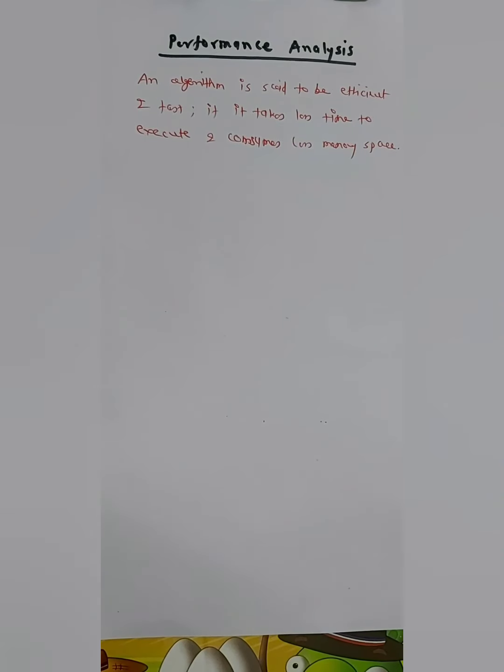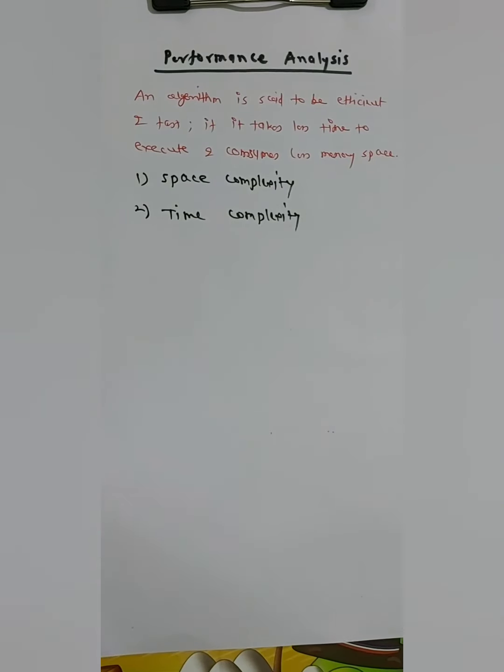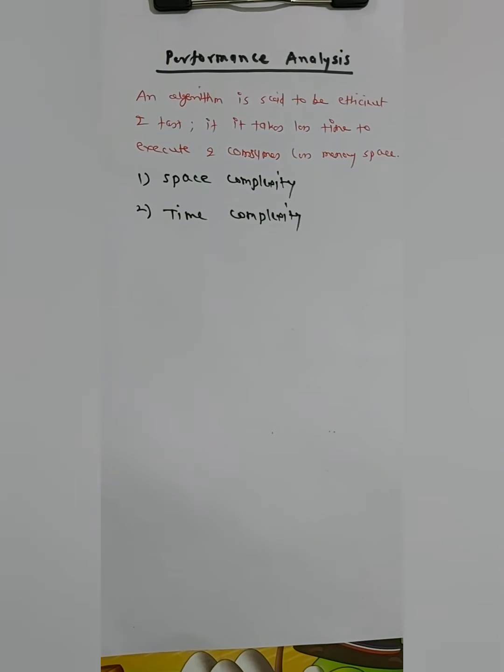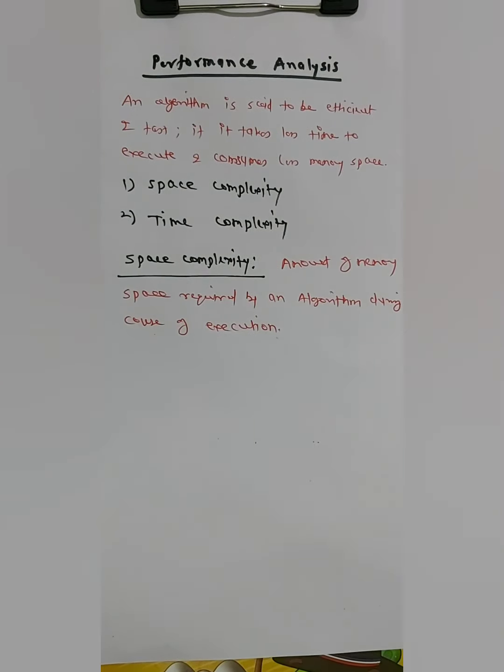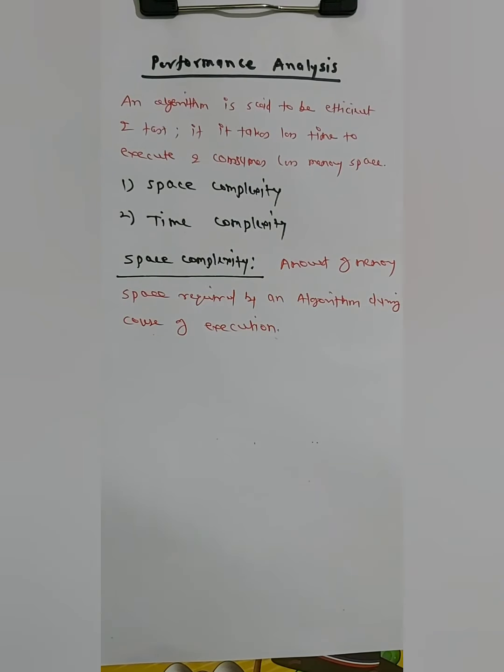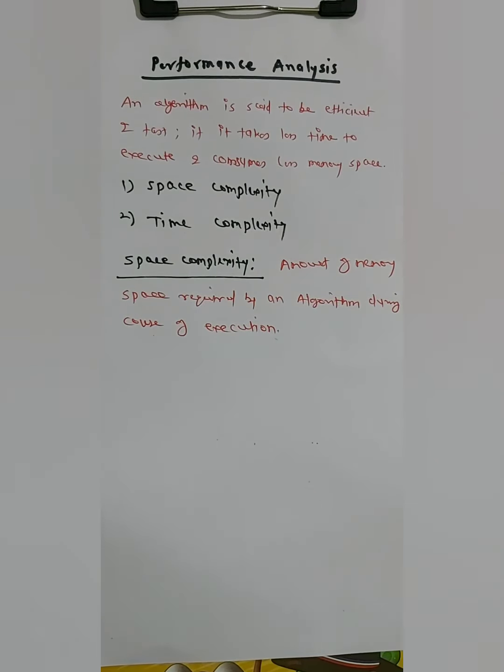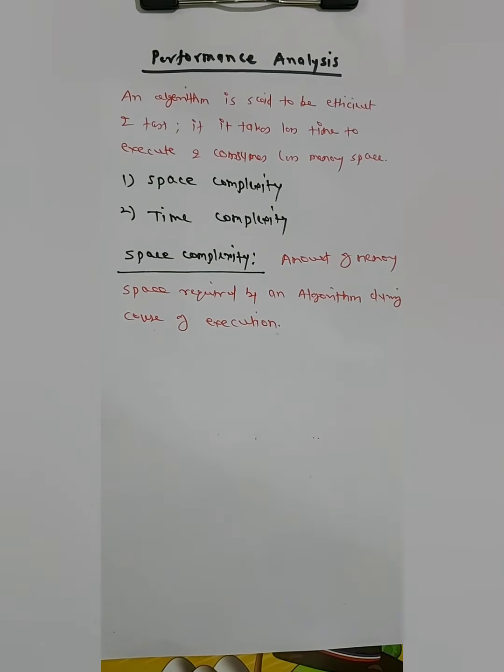Now the performance analysis of an algorithm is measured by two factors. First one is space complexity and second is time complexity. So first we will understand space complexity. The space complexity is the amount of memory space required by an algorithm during the course of execution. This is called space complexity. The space complexity is